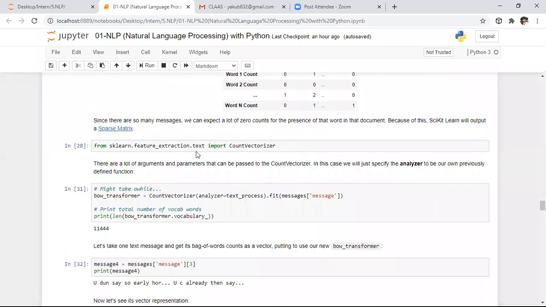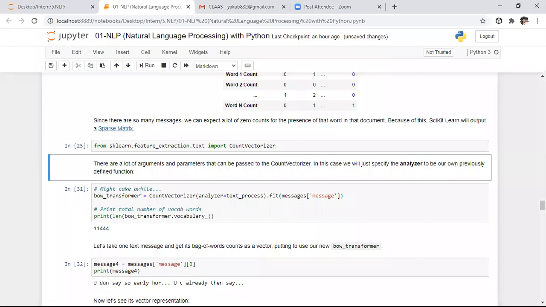From sklearn feature extraction, we are taking count vectorizer. After applying this, I want to check the unique words present in all the messages. After applying count vectorizer, I want to fit all messages to this count vectorizer, and then transform that entire data.